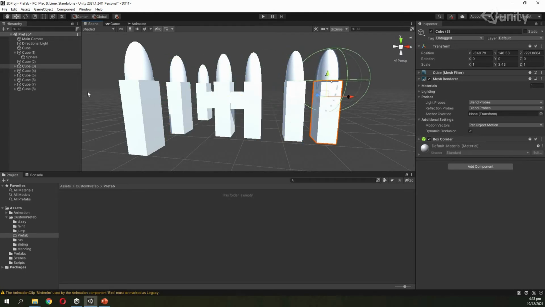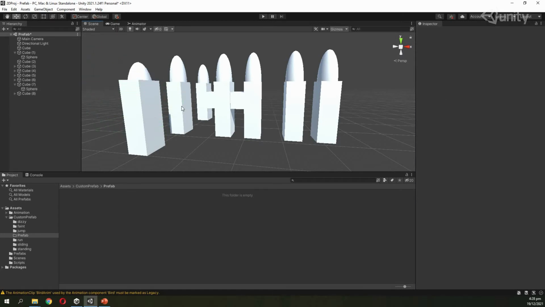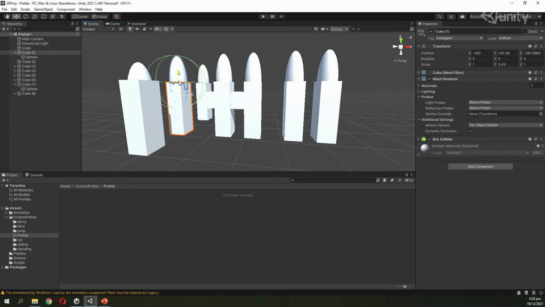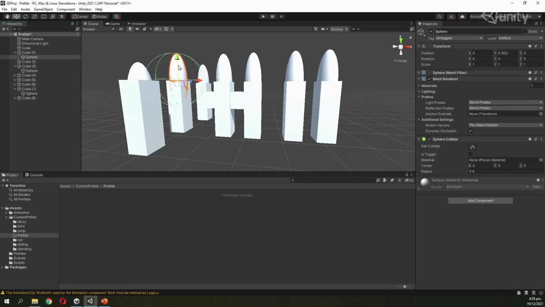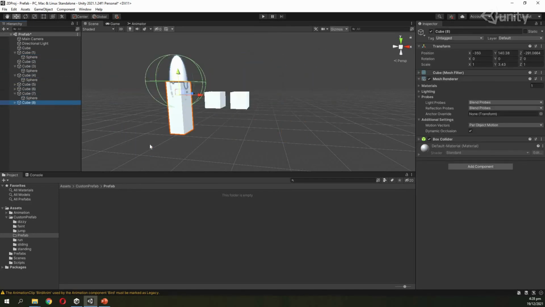Now if I want to change all these game objects, for example, I want all these game objects to change in the same way, like I want to have this sphere a bit inside this cube, I will have to go to each of these game objects to change the sphere placement. That will be a very difficult process. The easiest way will be, I will go back and